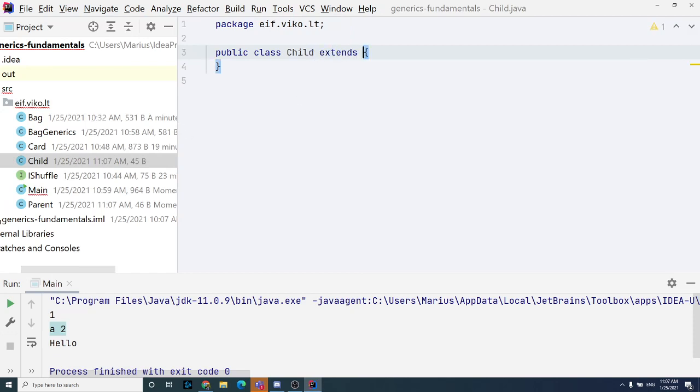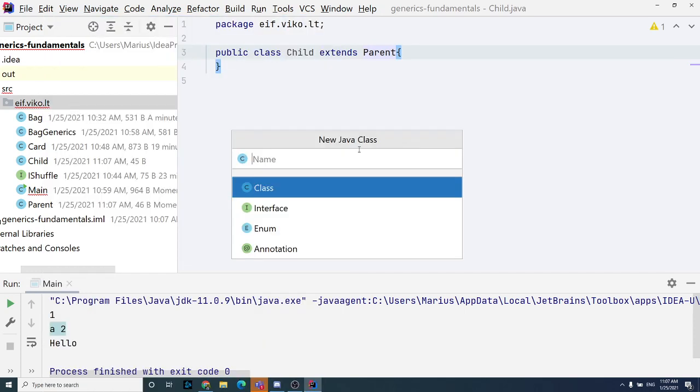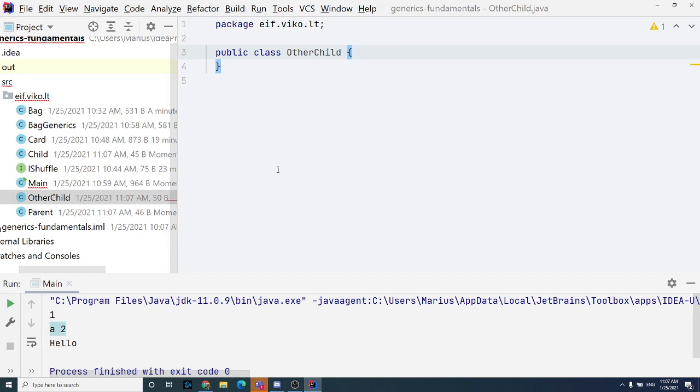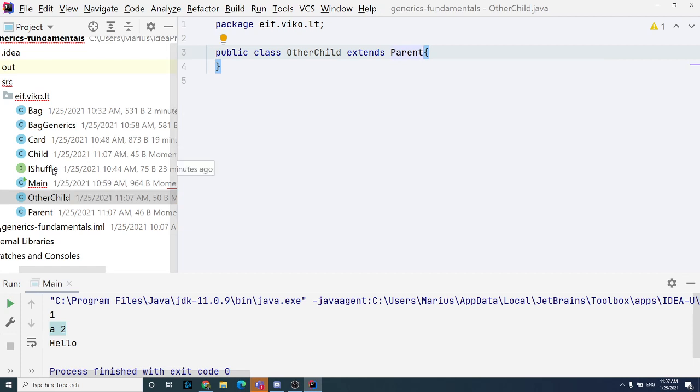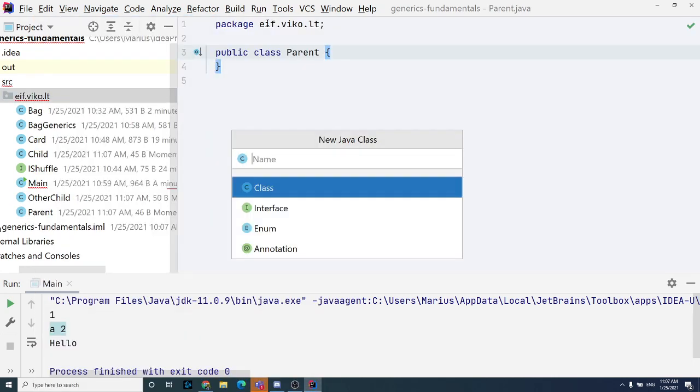Child extends parent, and we need another Java class, other child. Other child extends parent, and maybe the parent also